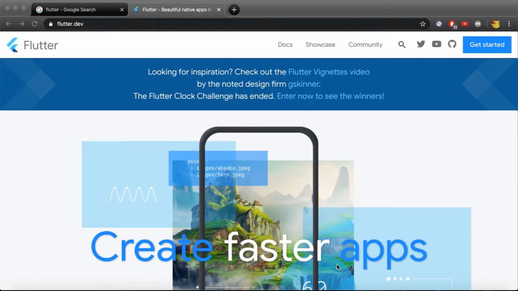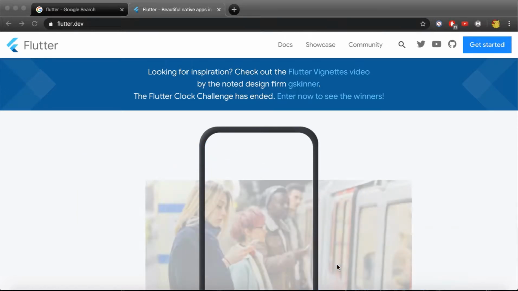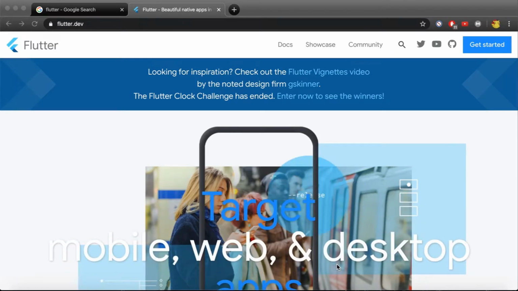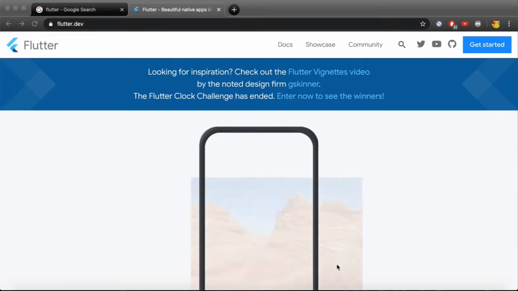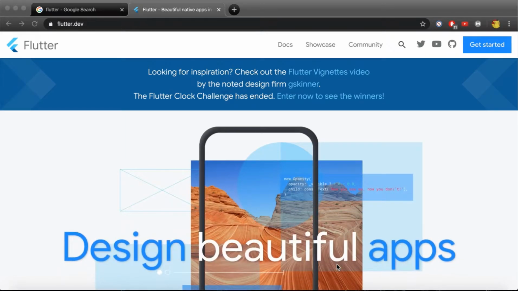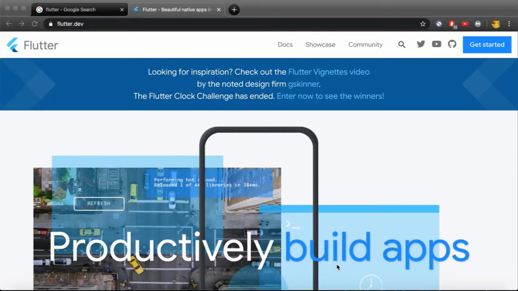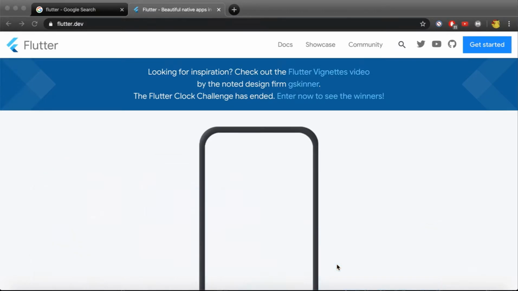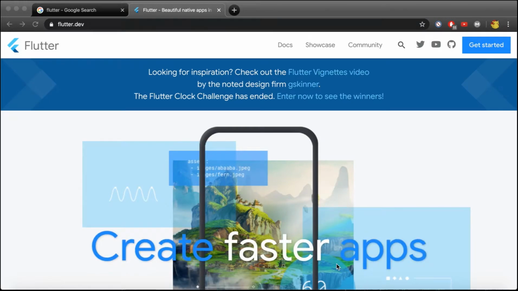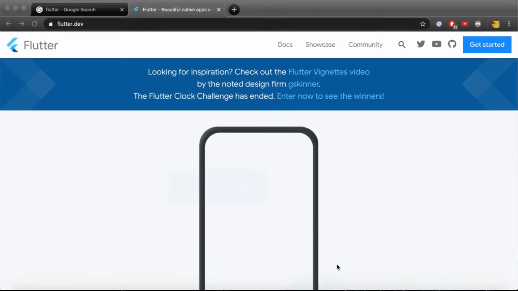What is actually Flutter? Flutter is a platform where you can build cross-platform applications. For those who don't have an idea about cross-platform applications, let me tell you what they are. You just have to write a simple code for an application and you can take out multiple builds for multiple platforms. Suppose I'm gonna write some lines of code here in Flutter, and in the result of that,